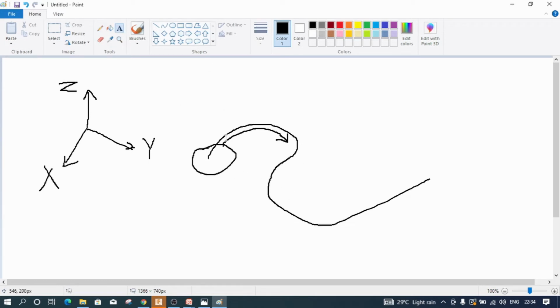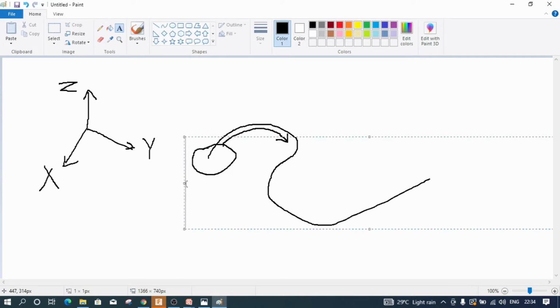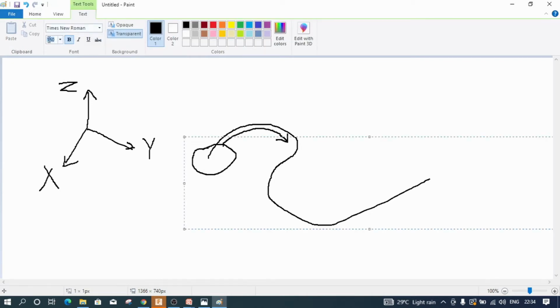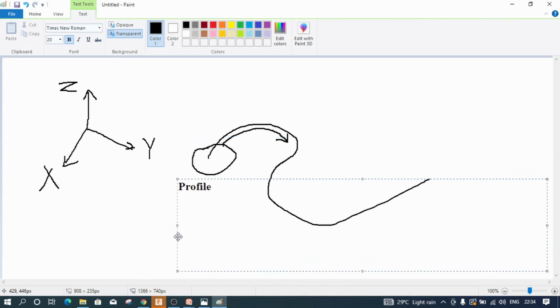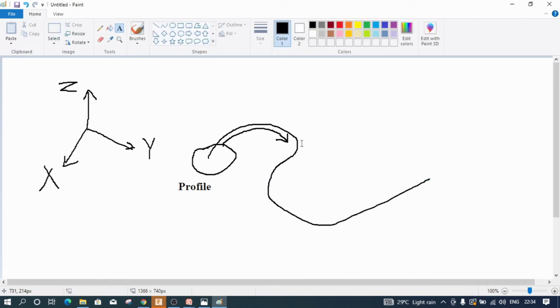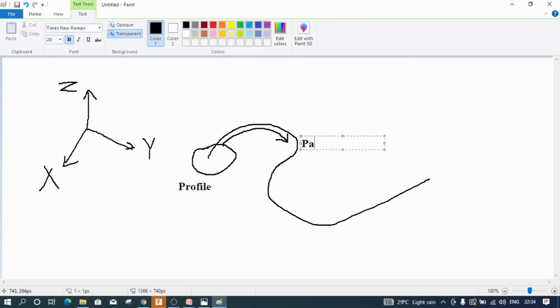So as per these terms, you will call this a profile. The circular object which you have drawn is known as the profile, and the curved thing which you have drawn is called the path.